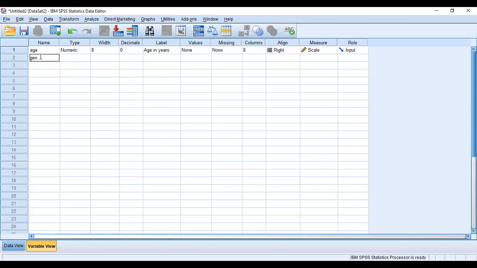Can anybody tell me what type of variable is gender? Ma'am, it's a categorical variable, right? Yes, ma'am, because if you are female, then you can't be male. If you are male, you can't be female. True. However,